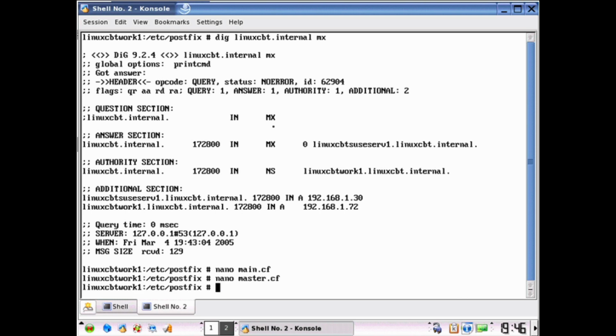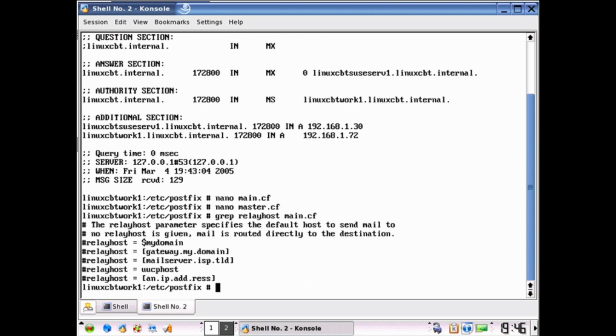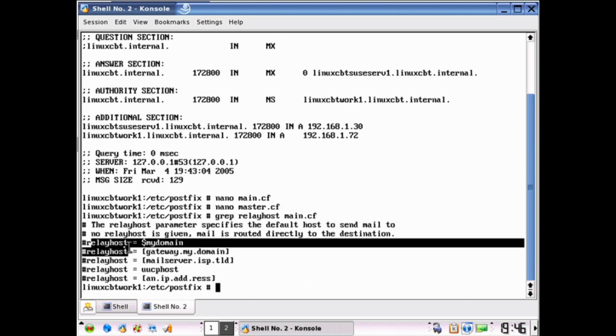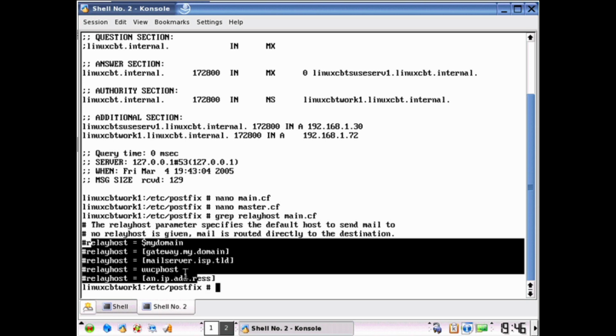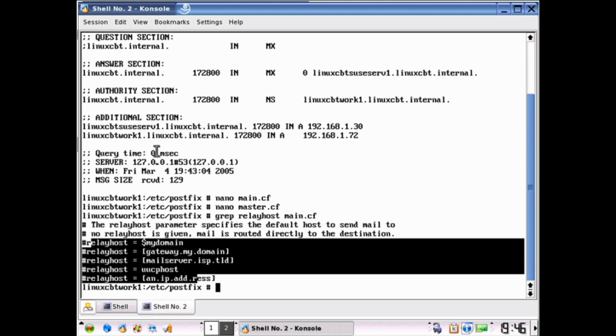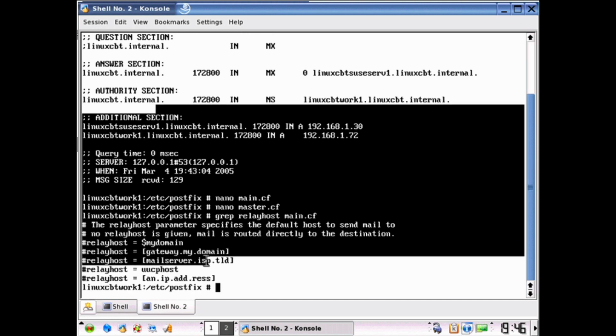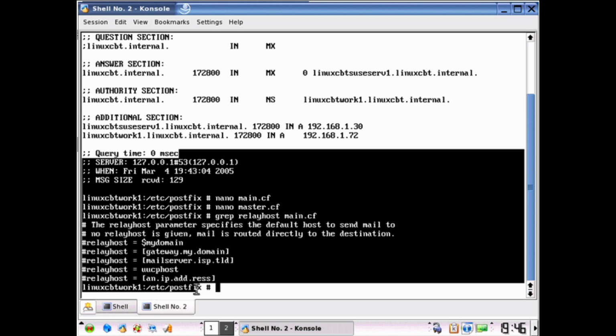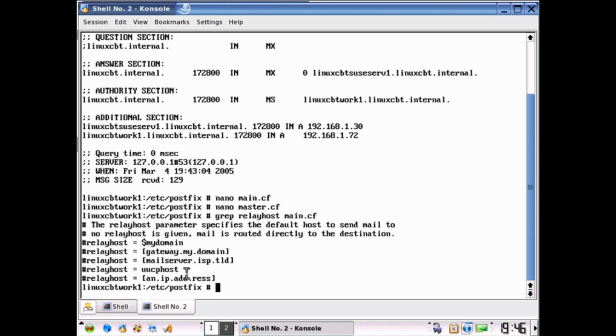Now, null client support can also work in conjunction with the smart host configuration. If we grep relay host from main.cf, it's currently undefined. What will return are the default settings, because we defined the relay host on the SUSE Enterprise box to relay through the DMZ box. Our DMZ box, Linux CBT Work 1, does not currently have a smart host defined, but you could use them